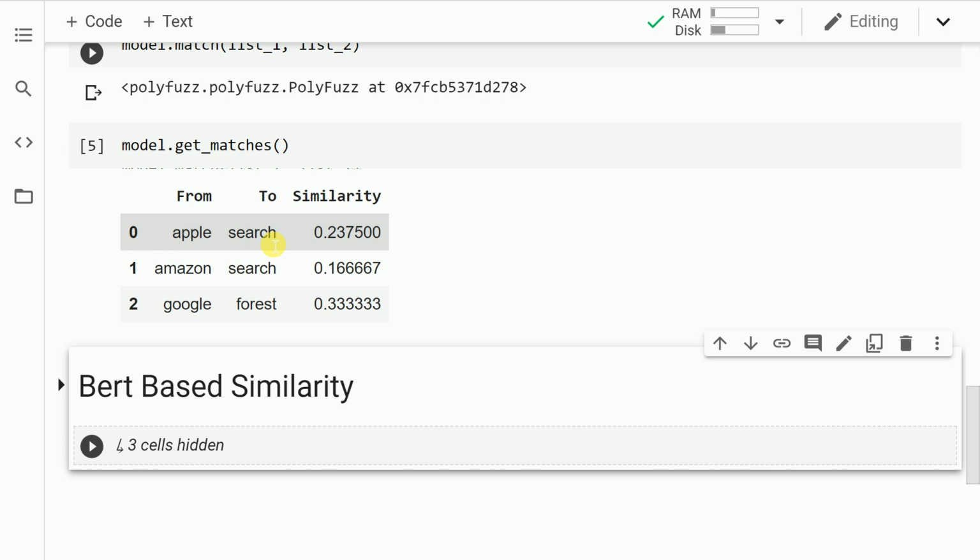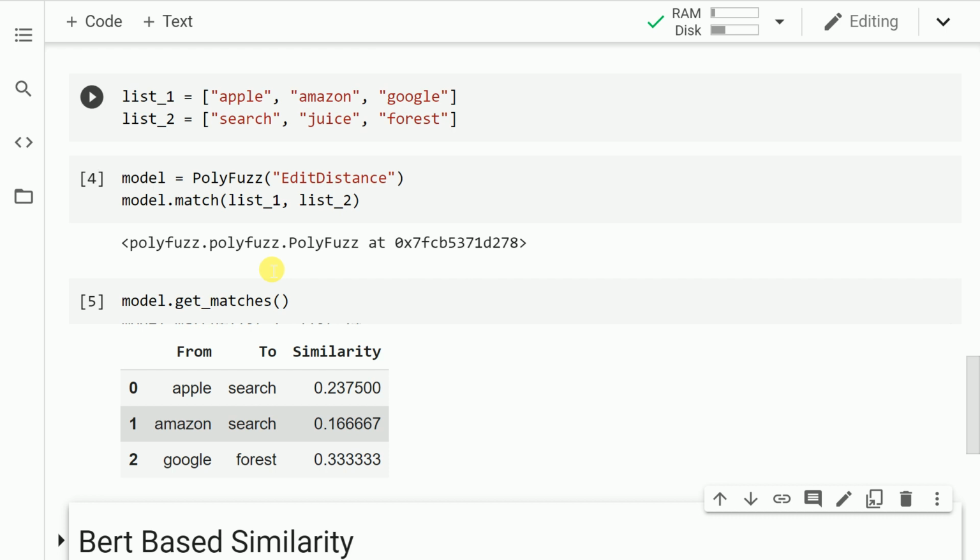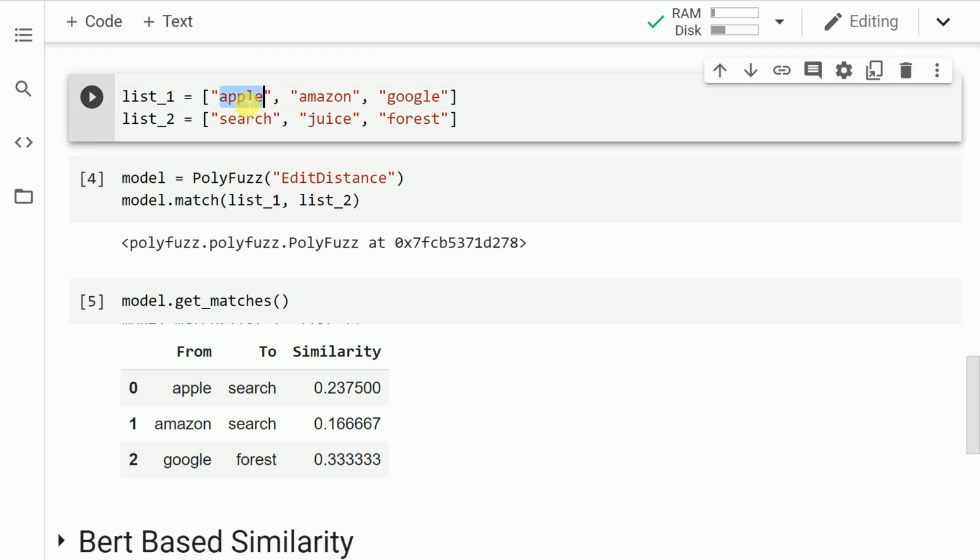So here the mapping is between list 1 to list 2. Just to give you this example in a broader view, if I consider the word Apple and if I consider these three words, that is search, juice and forest, I will require the minimum number of edits from Apple to search as compared to Apple to juice or Apple to forest.